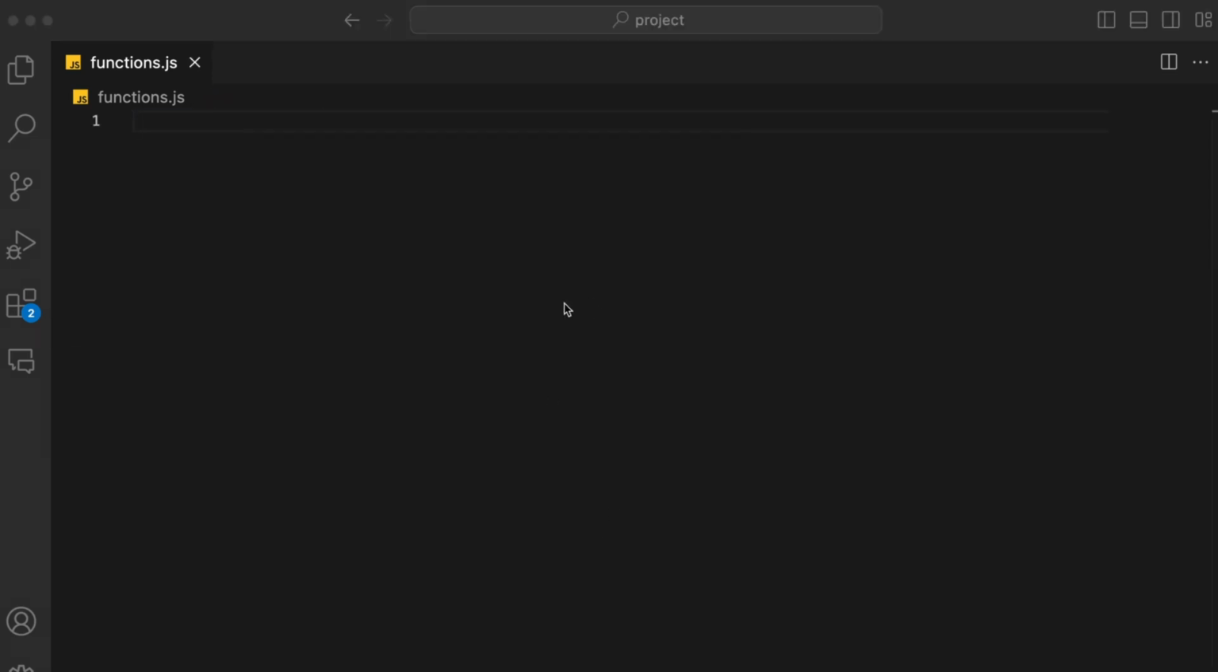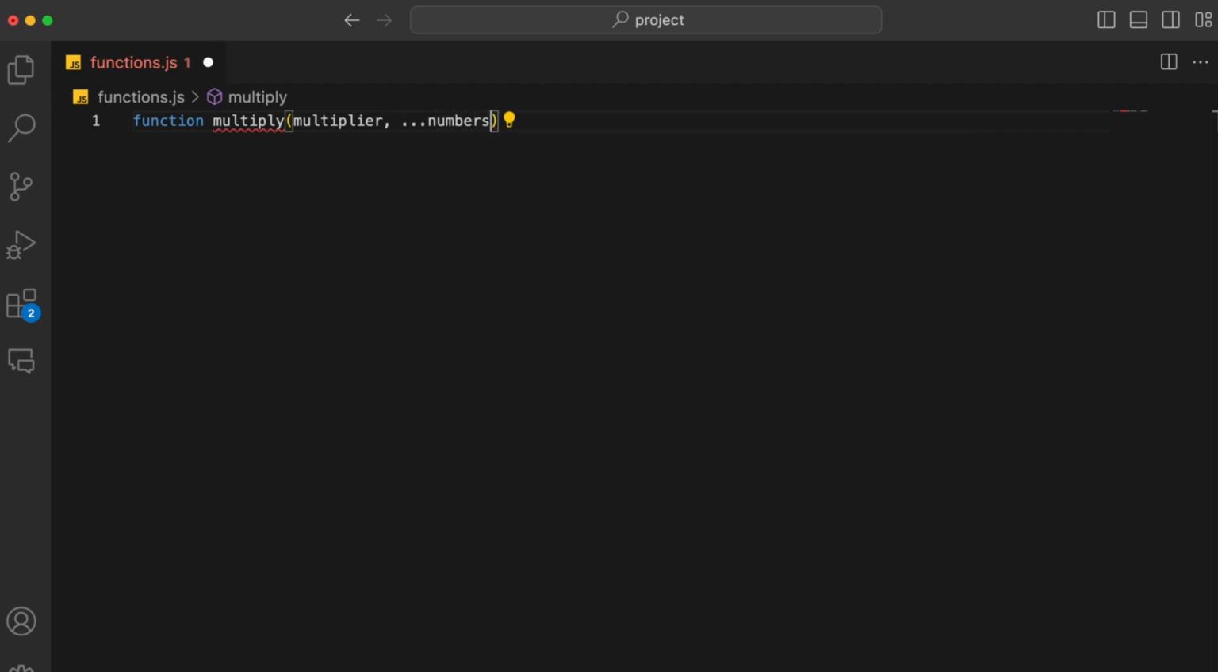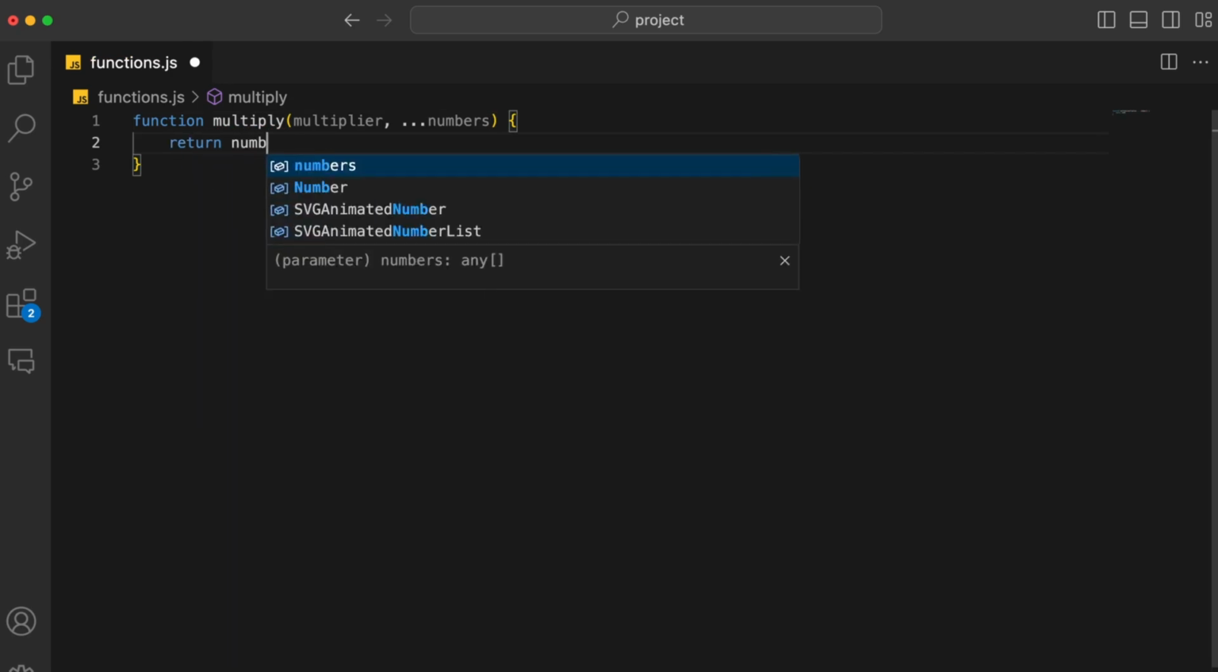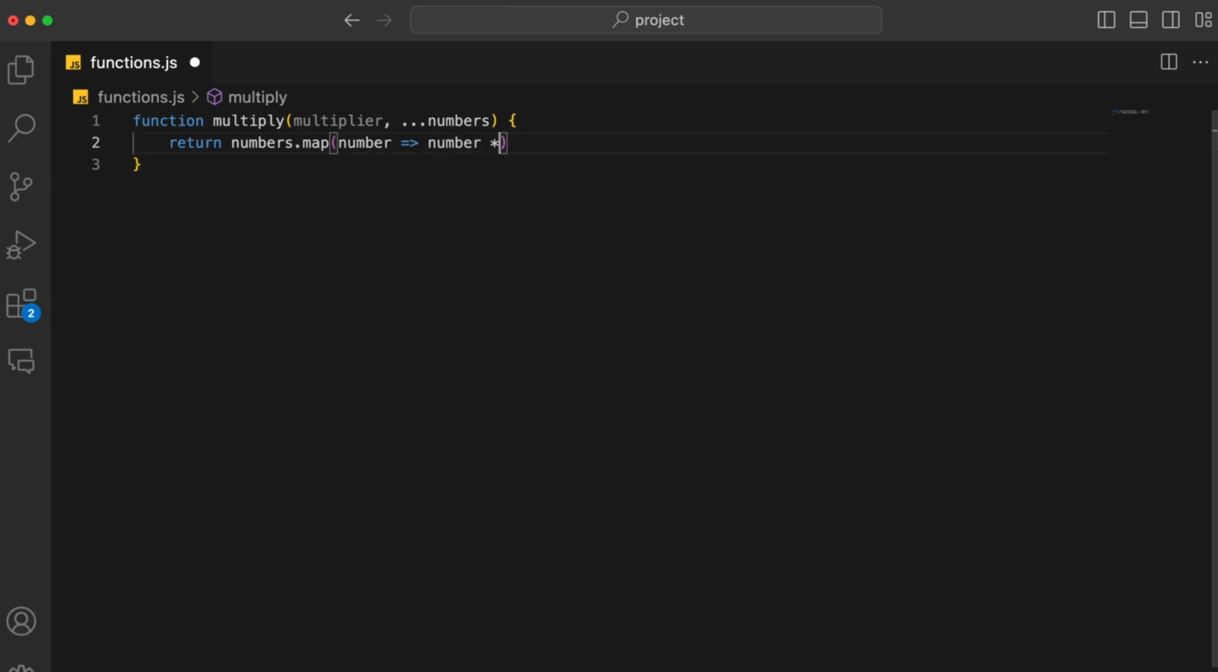Let's consider another example. Let's say if I create a function, I call it multiply again. Now for the first parameter, I'll specify that to be multiplier. And for the second parameter, I'll specify that with the rest operator, and I'll name that array numbers. So then I'll specify return numbers.map. In my callback, I'll specify number, then number times multiplier, ending it with a semicolon. So this numbers parameter will gather any additional arguments passed into the function and store it in an array called